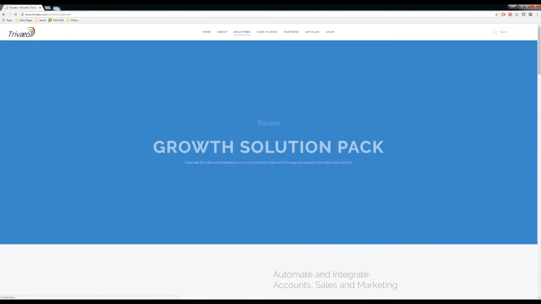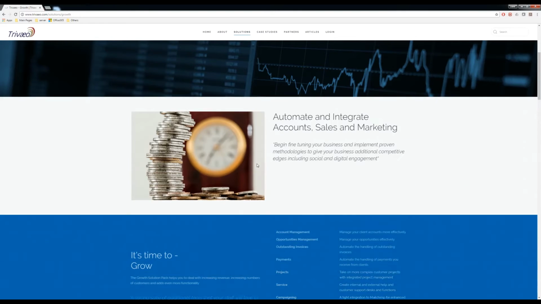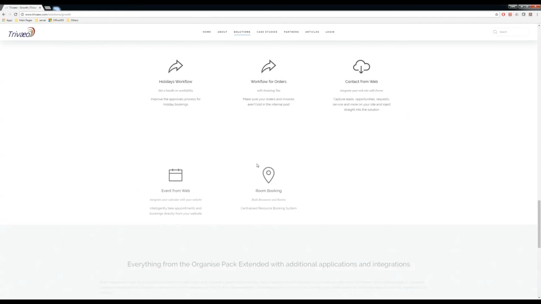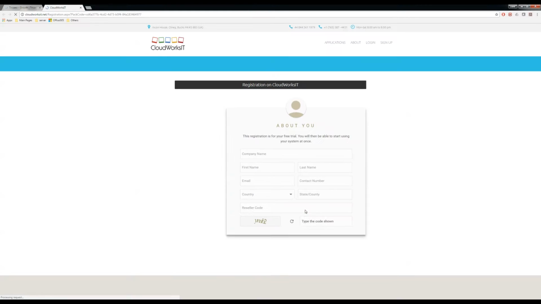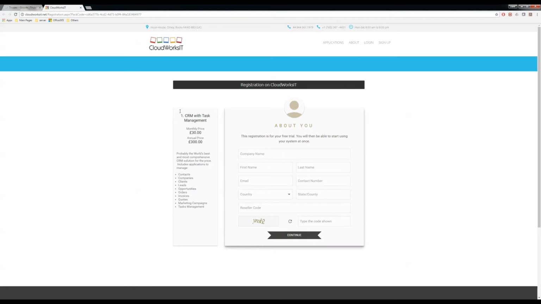Having found an application and being interested in signing up for it will typically result in you seeing a prompt, something like this, to do a sign up. So let's go ahead and follow the process through and you'll see just how easy it is to get yourself started. So clicking on the sign up button, I'm going to get a confirmation of the application or the application pack that I am interested in, including some details on it down the left hand side,